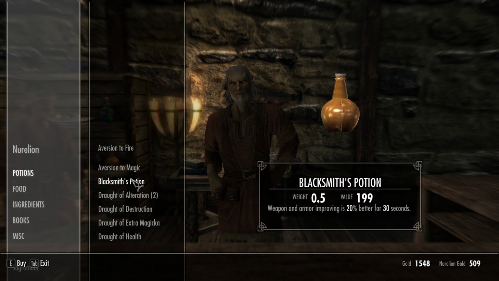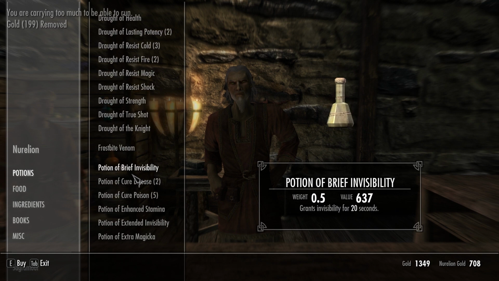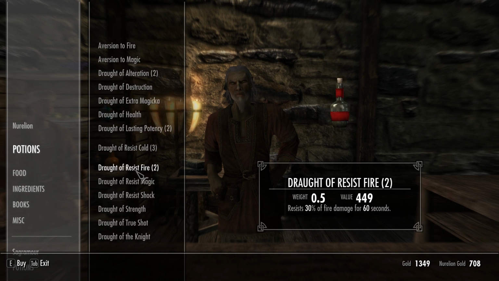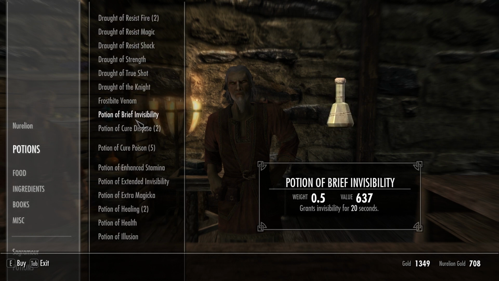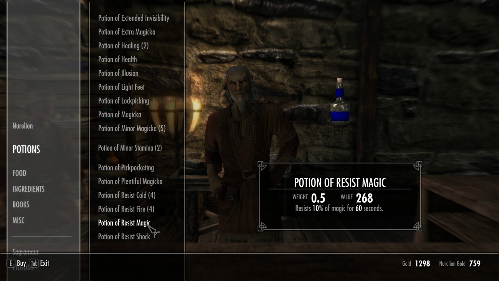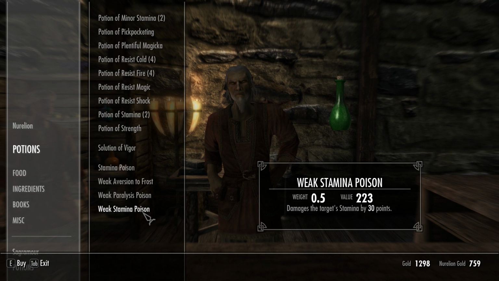Potions. Blacksmith's potion. That's good. 20% we didn't have before. All right, cool. Well, we're in here. Let us look. I guess minor healing will take. That's good. How about...